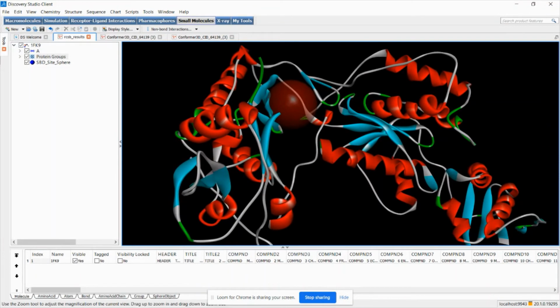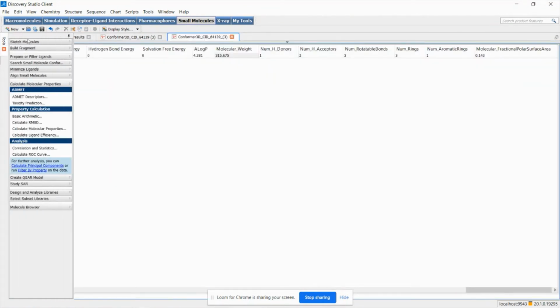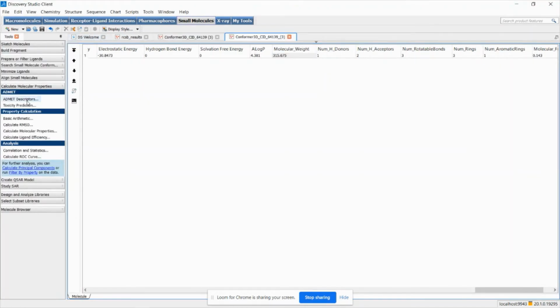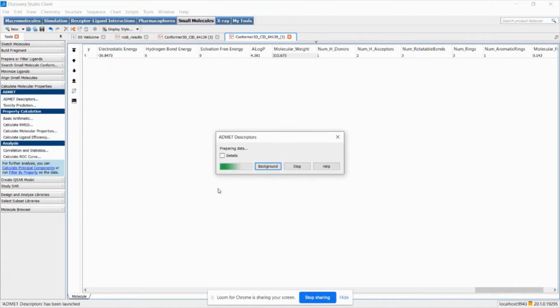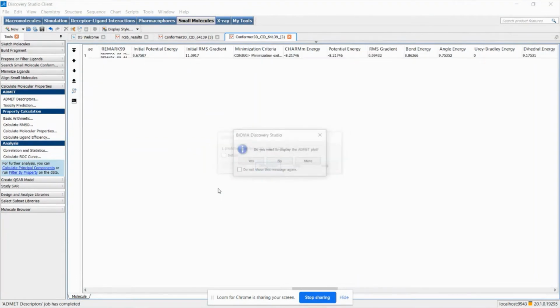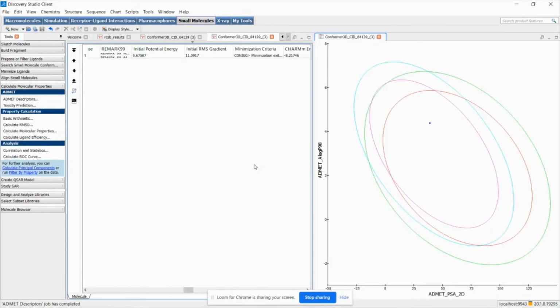So now I have my molecular properties well defined. However, I should also screen for toxicity prediction. So let us go for ADMET descriptors. In this, I will just run the ADMET prediction. It will predict the absorption, distribution, metabolism, excretion and toxicology of my drug.